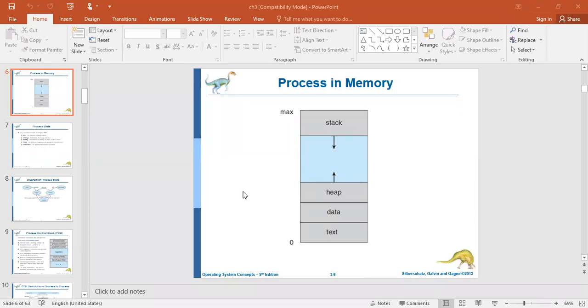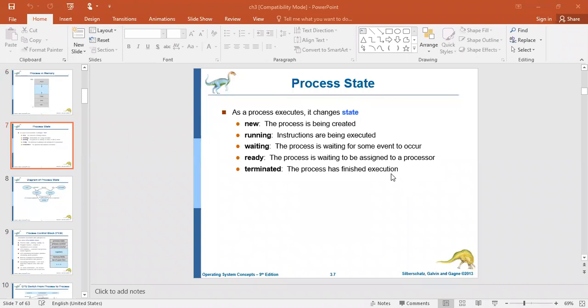And now let us look at the process life cycle, or the process state. Now I hope you are all clear on what exactly a process is, or any query, because it is very essential in order to understand the later concepts in this particular unit. Are you clear with the process, or can I repeat it once again? Okay, thank you.